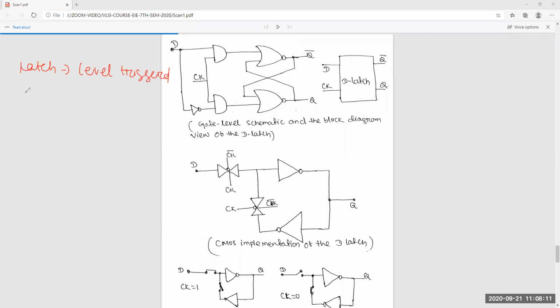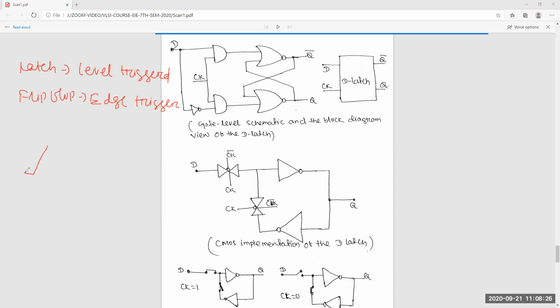Okay, and flip-flop is edge triggered. Here, level triggered means when clock is equal to high. At every high signal, your latch will work.